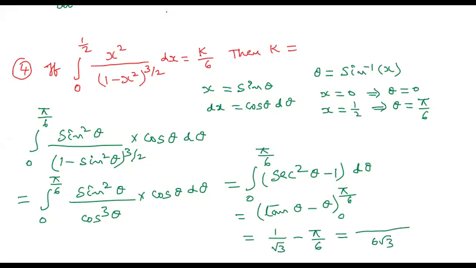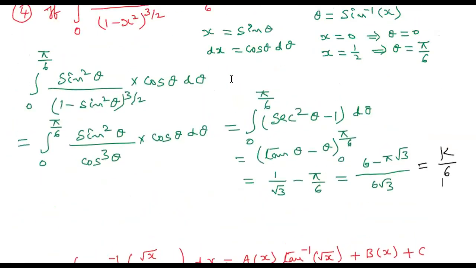Numerator, we get 6 minus pi root 3, and that is equal to, already given in the question, k by 6. Now observe, what is the k value here? 6 cancels, and in the numerator take root 3 common, it is going to cancel. Finally, you will get root 2 minus pi is equal to